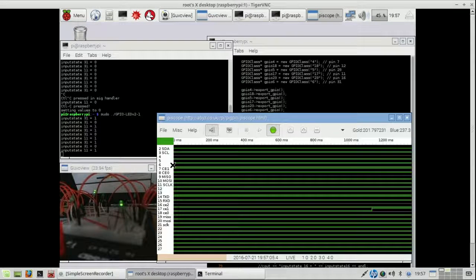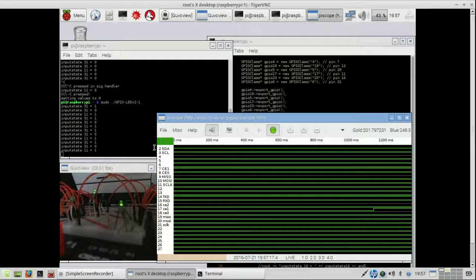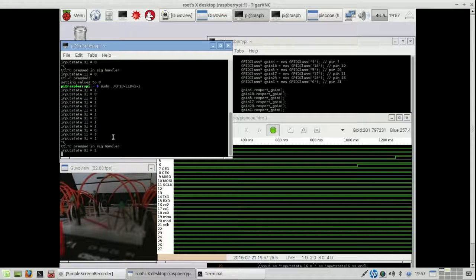That goes up and goes down, and that is exactly what I want to see. So the problem that I've faced last episode was just a programming problem, and that means that I have to stop this one